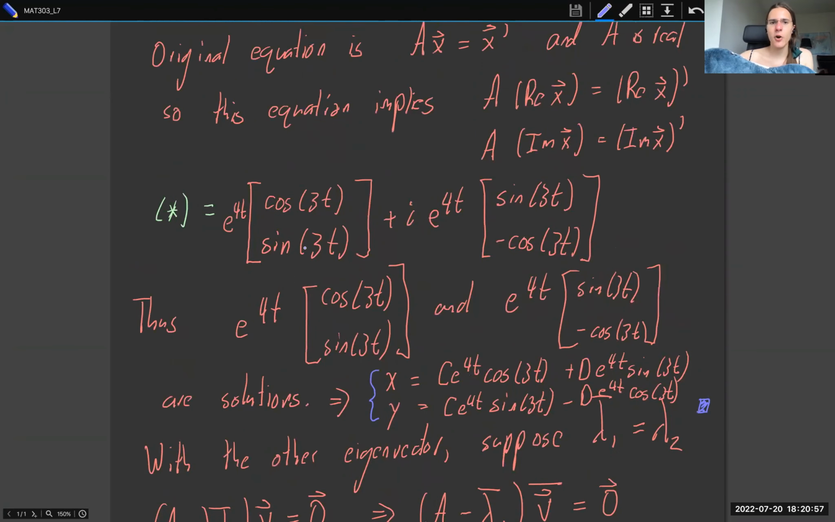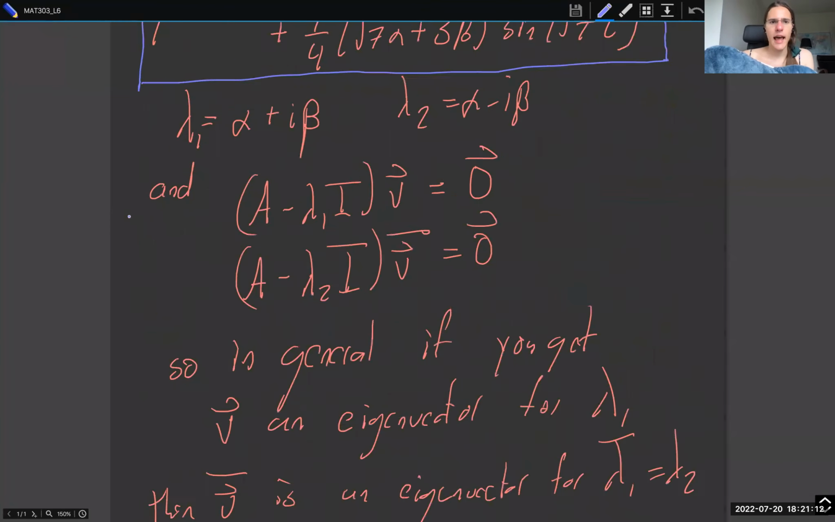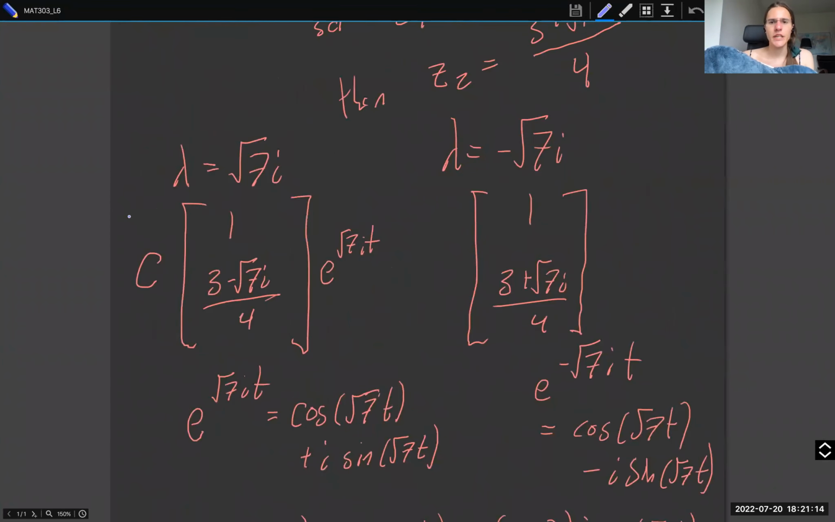If we started off with this solution right here, I can show you what we did last time. So this is last lecture. At the end of the lecture, we got these functions, and instead of taking the,